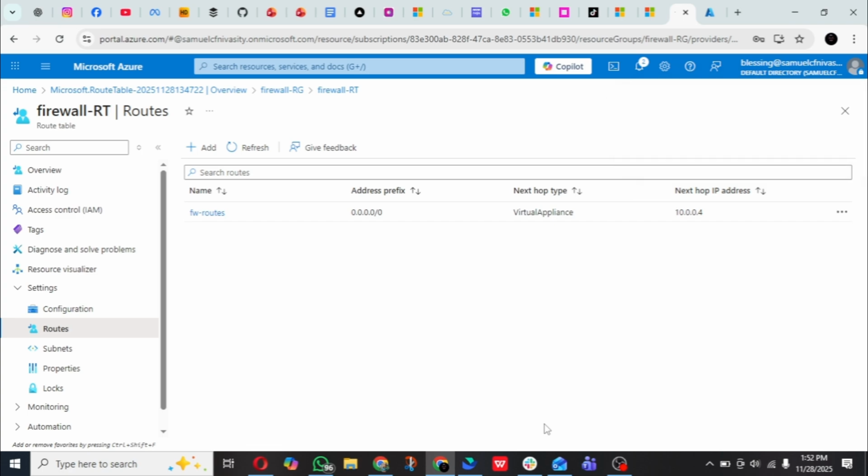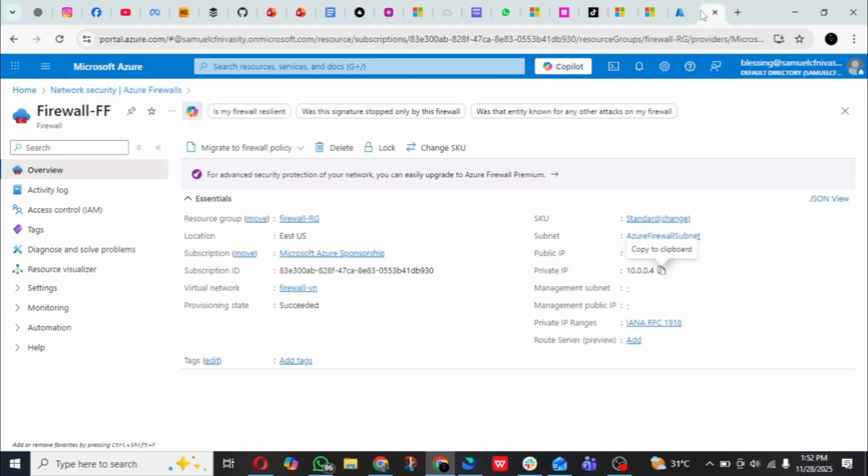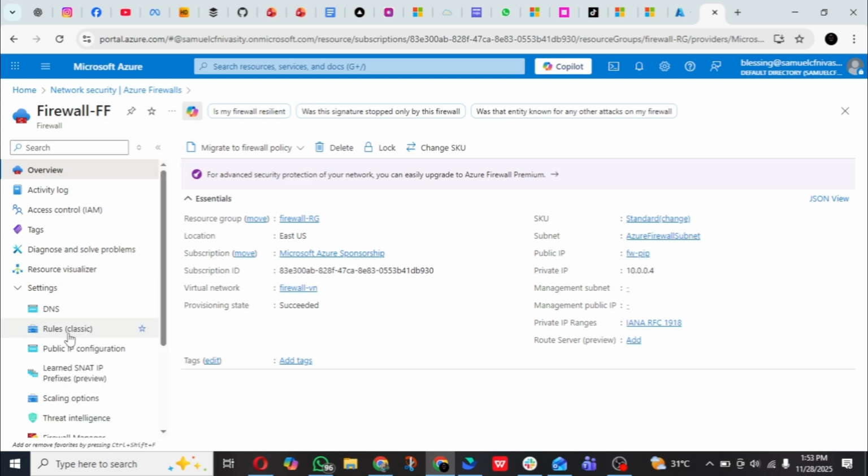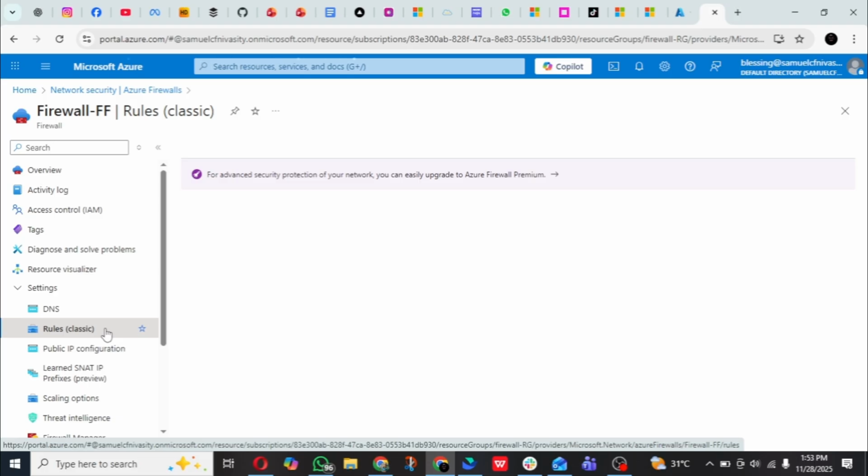And now we are going into doing the rules, simply put. Okay, so this is the route table, this is our firewall. So henceforth, this is going to be our new duplicated page, right? We're going to be using this since we are there already. So we'll come over here to Rules Classic. You click on Rules Classic,